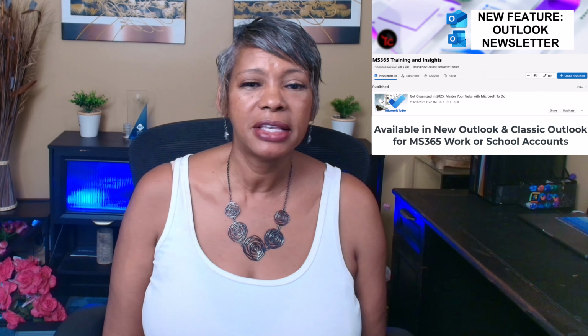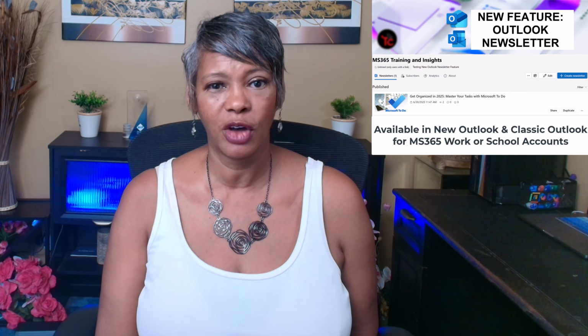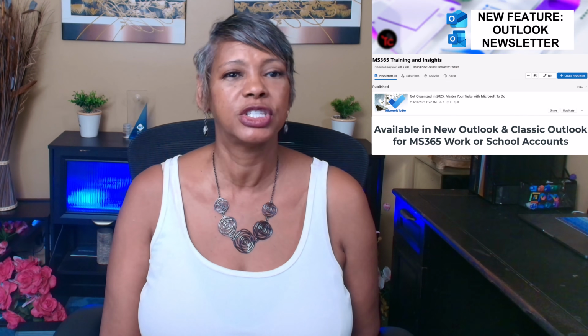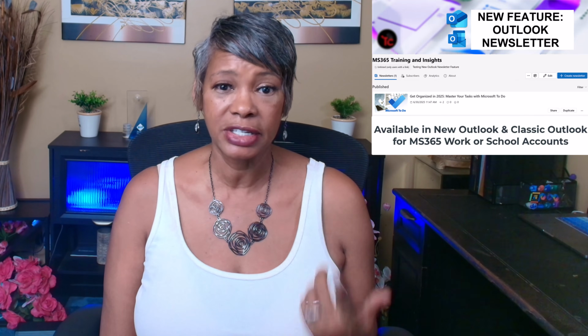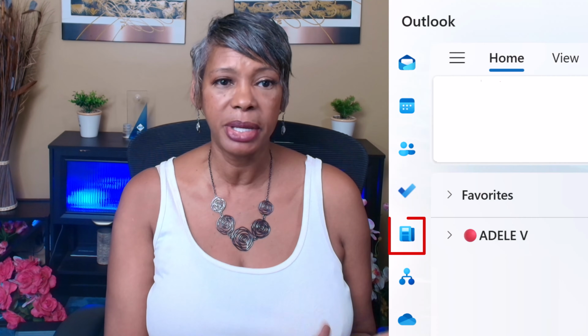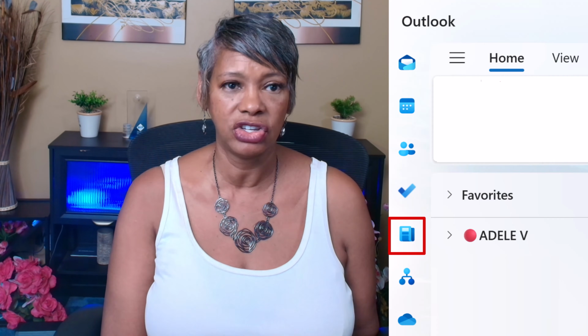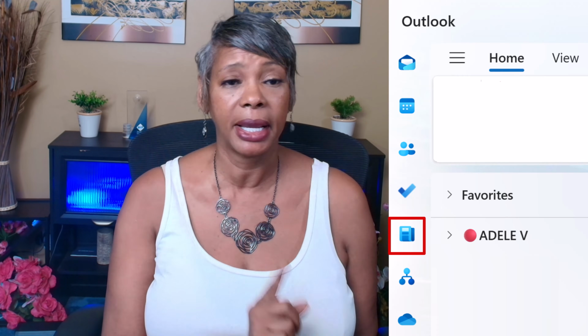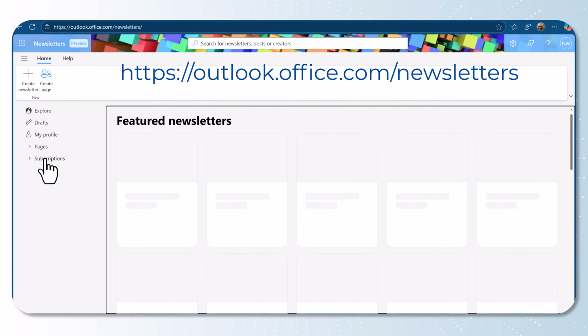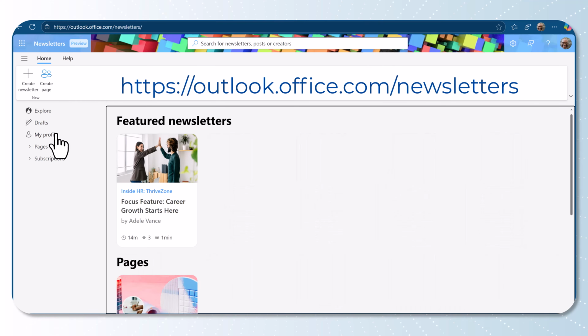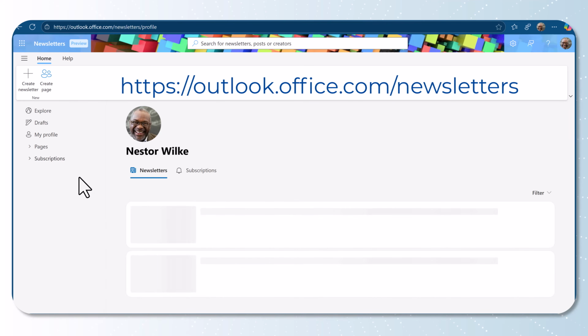It is web-based, so it is available to all Outlook users with a Microsoft 365 work or school account. The newsletter icon did appear in my left navigation for new Outlook, but I didn't see it in Classic. But nevertheless, you can access it to create and manage your newsletters from